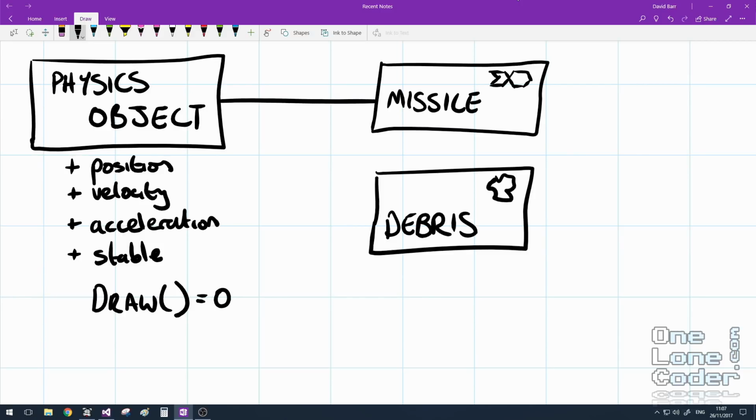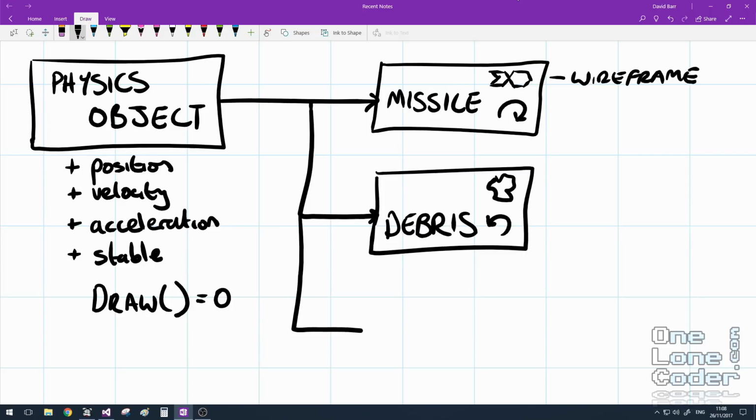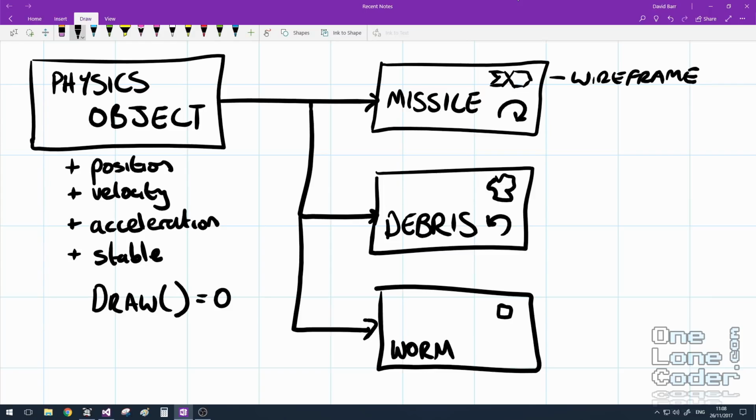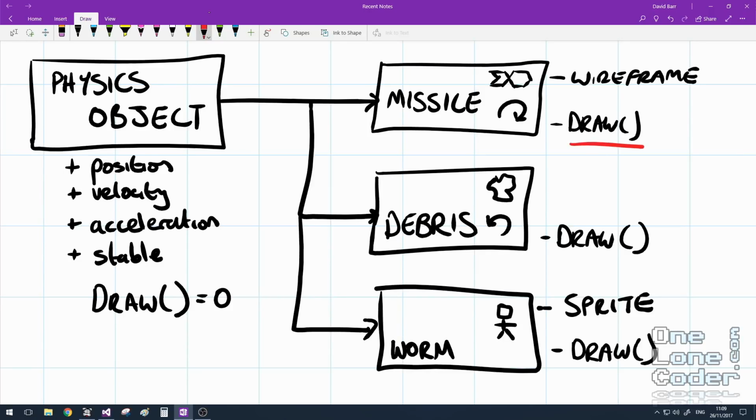The missile and debris subclasses are going to be represented by wireframe objects, using the code that we made for the Code It Yourself Asteroids video. And this is because I want the missile and debris to rotate, to represent the angle it's travelling in. The third subclass, Unit, or Worm, is going to be represented by a sprite. I don't need these to rotate, and so each subclass will implement its own version of the draw function using